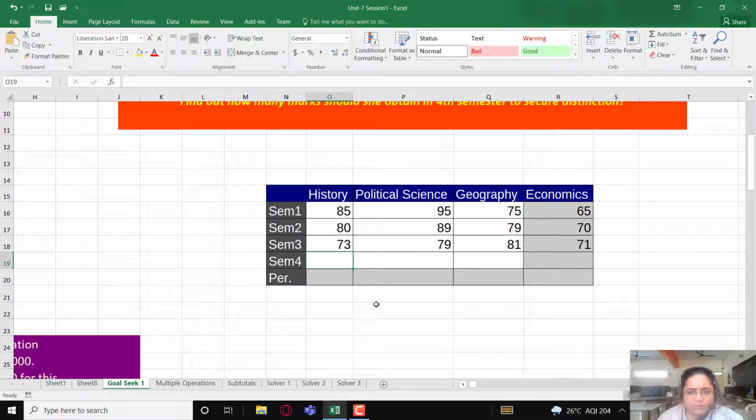So for this purpose, what we are going to do is first we will set all these empty cells to 0, just to assume that currently she has scored 0 in the fourth sem, because fourth sem examinations are still something in the future. She has not yet appeared in the fourth sem exams. But she wants to set goals for herself by figuring out how much she should score in the fourth sem so that she could at least attain 75%